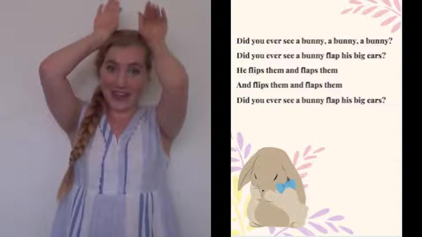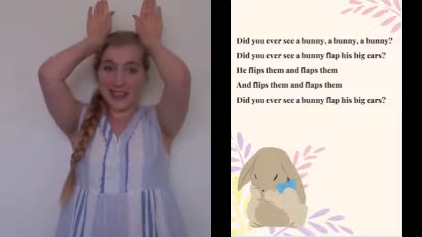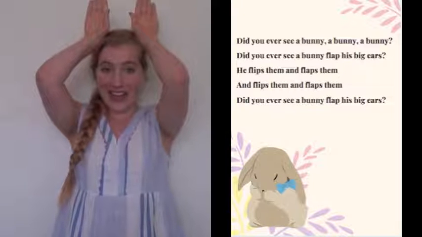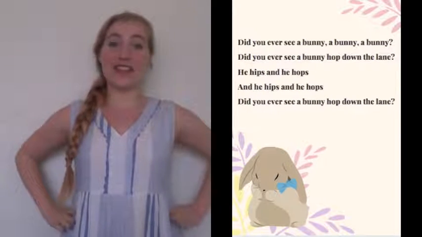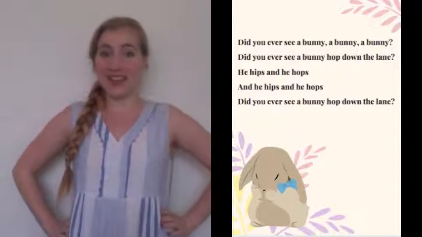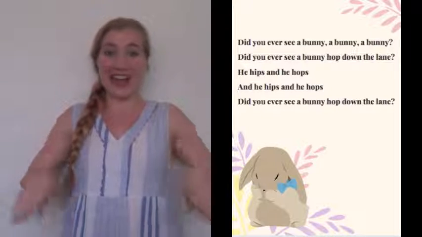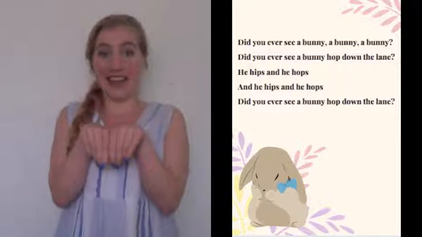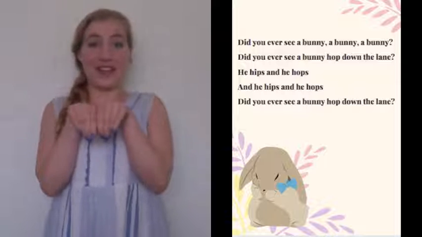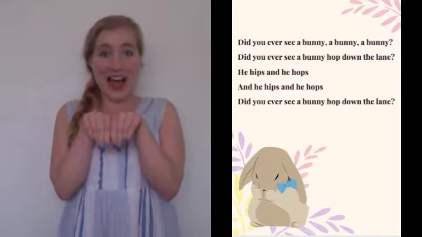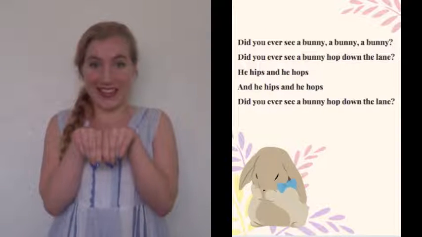He flips and he flaps them. Did you ever see a bunny hop down the lane? He hips and he hops and he hips and he hops. Did you ever see a bunny hop down the lane?